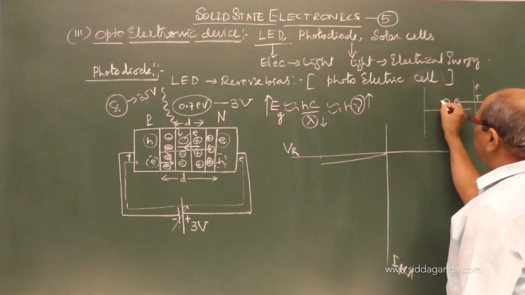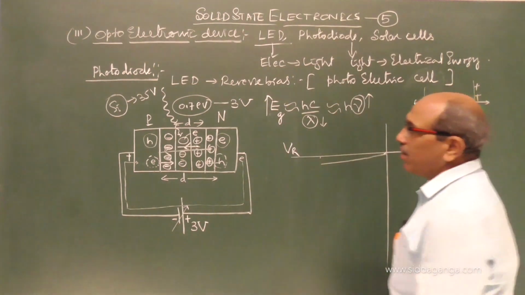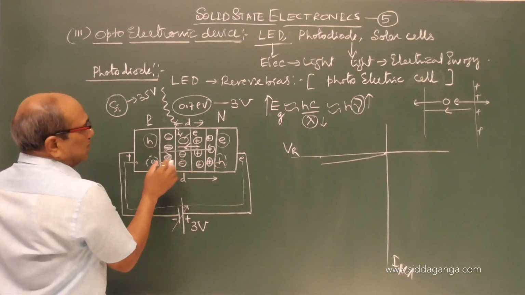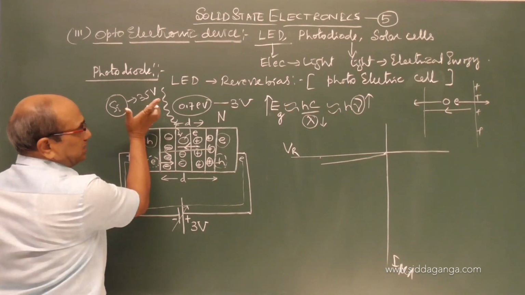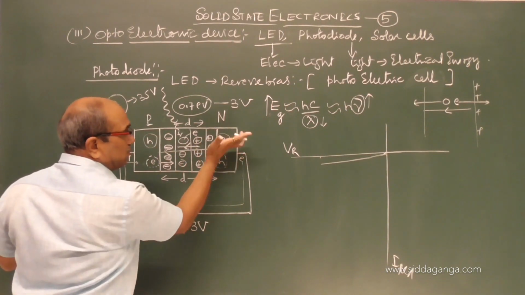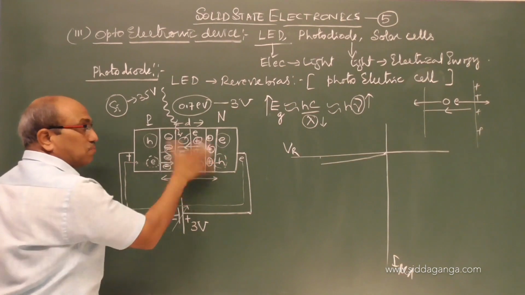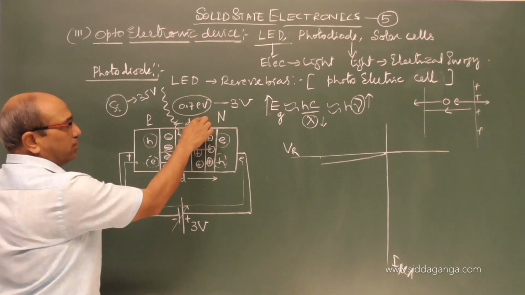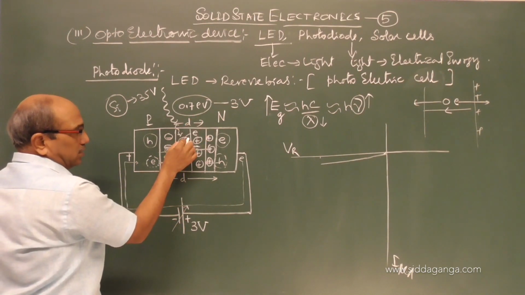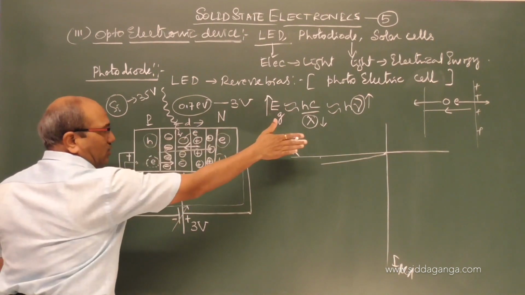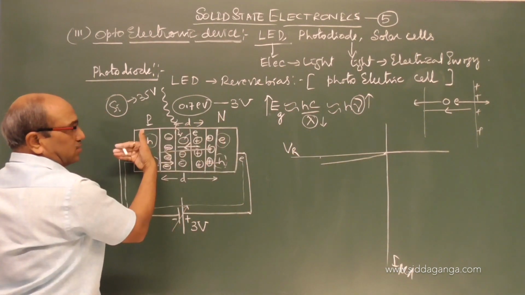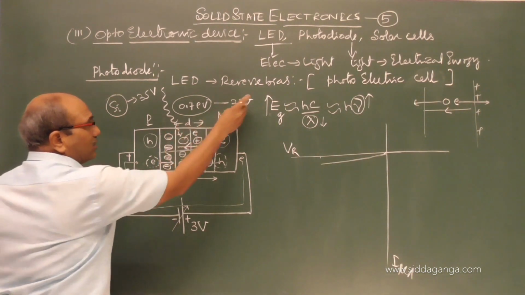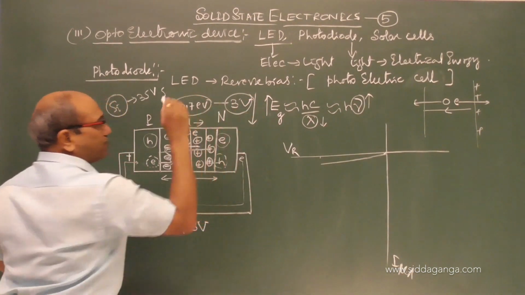The holes are pushed towards this end. Now what happened? Now the hole is coming towards this, which means automatically the hole charge carriers are increasing. Here the electron majority carrier concentration, which was depleted, got a temporary equilibrium under 3 volt. When hole and electron pairs are generated, electrons move to the N region, holes move to the P region, which means the depletion layer is decreasing. Depletion layer decreasing means this voltage is decreasing.